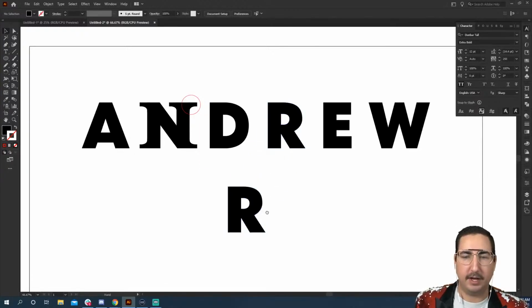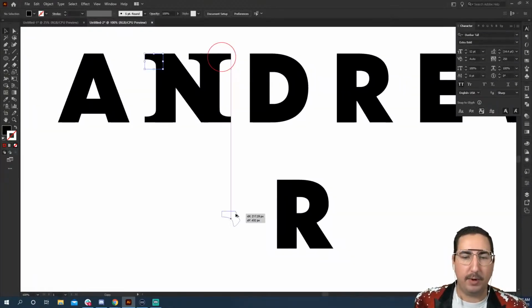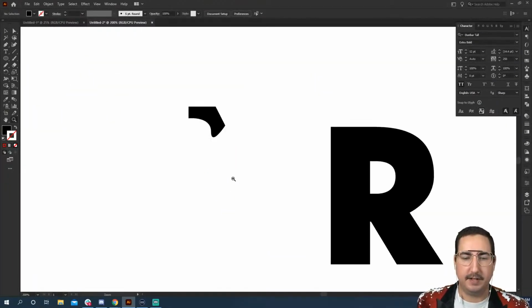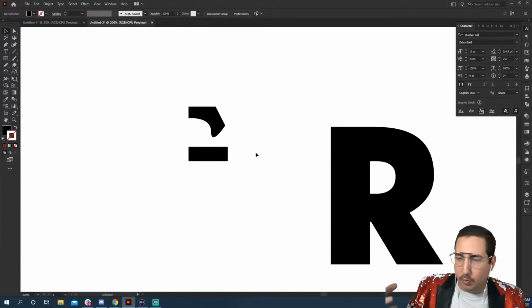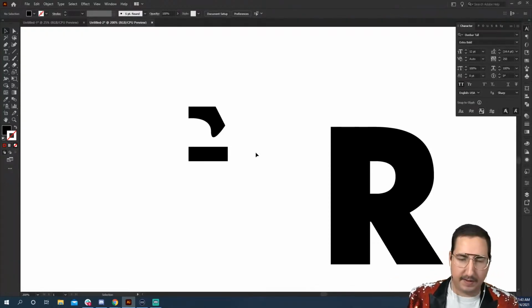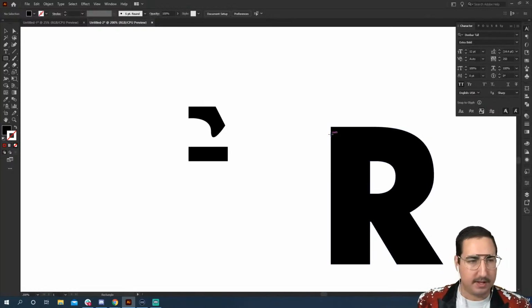So an R is, again, sans serif. Now we do want to add serifs, but instead of them being pointy, so this would be a serif, we want it to be blocky. And so this would be what is called a slab serif. So it's taking the weight of a sans serif and extending it out and mismatching with a serif that isn't pointy. So I'm going to grab the rectangle tool, just hitting M or coming over here to the rectangle tool,